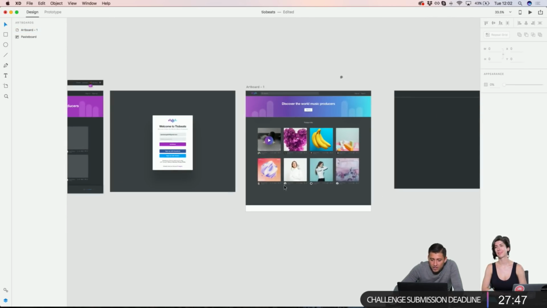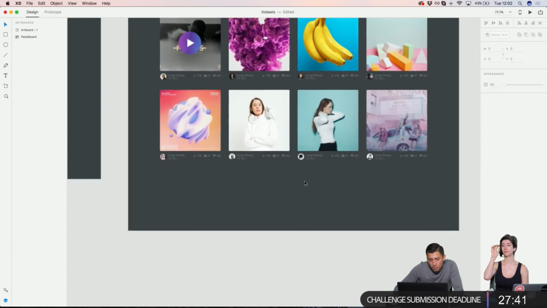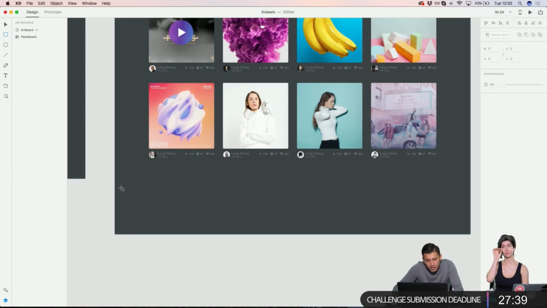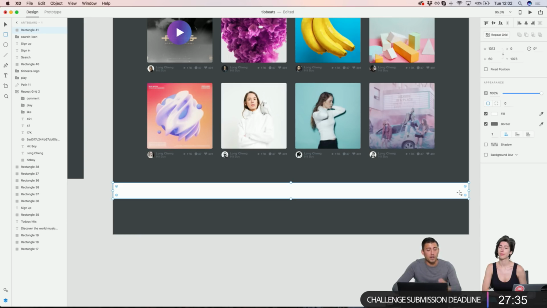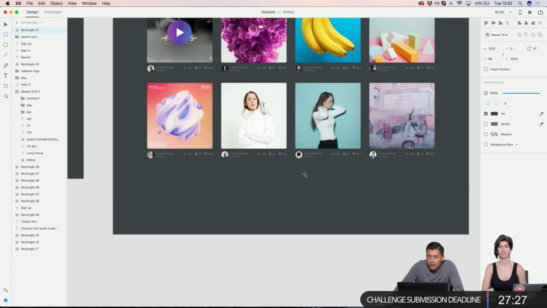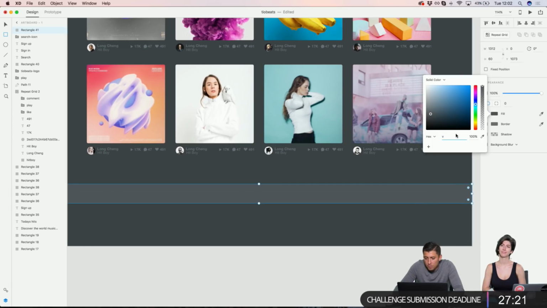Cool. So all I did was just go out, grab my artboard to make it a little bigger, and then all I'm gonna do here is I would just make a square, and this is gonna be where when someone plays it, no matter what, as long as they're on something on web, whether it be a web app or a website, it'll show. Nice. So I'll just grab that same color, and then I want it to be a little different so the user sees. So I'll make it a little lighter,